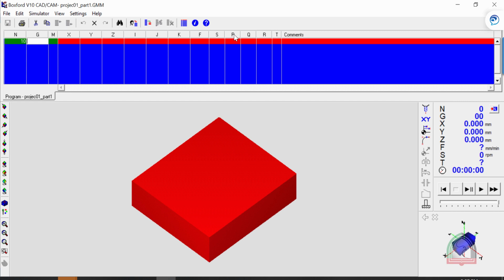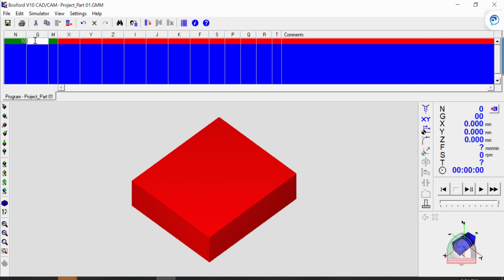and that we will do, for example, when we are using a G65. We need to call a subprogram. We can enter the program number here, so it will call directly from the directory. Q is for giving the multiple depths, R is the radius, and I is for tool number. We are going to use almost all the commands in our program, so you can become familiar with that. On the left side, these are the viewing options, and we also have an option to show the tool. So we will start with our program.